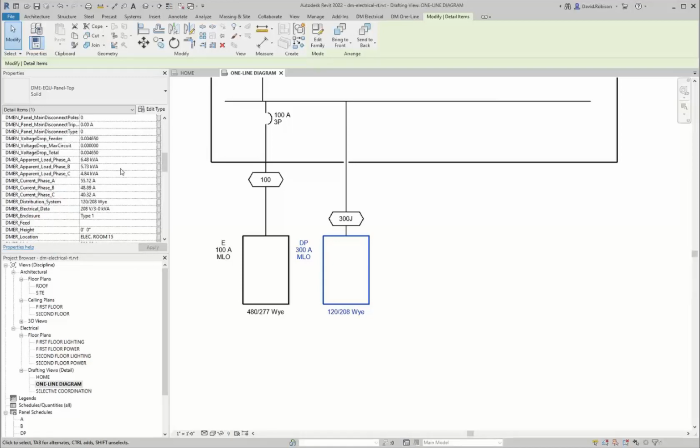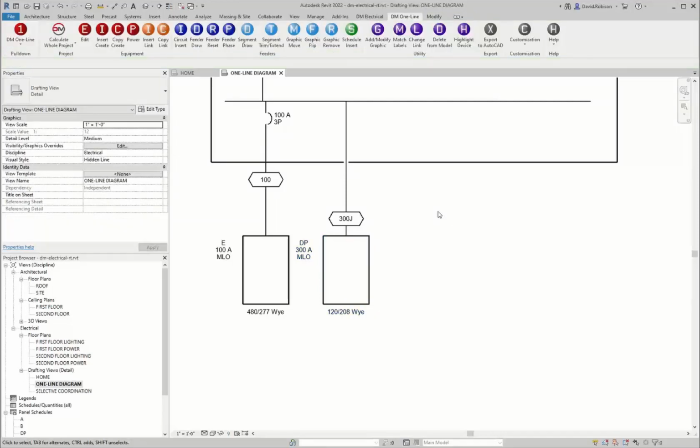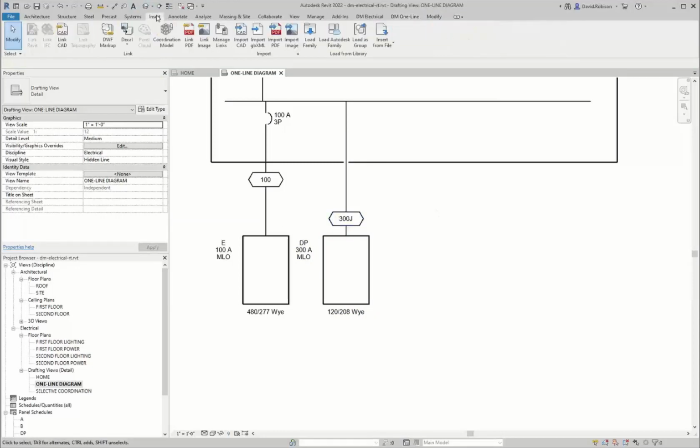This is where we output all of the information that the software is calculating. And so we put it all here so that you can label with it, but we don't, by default, include all of those labels because everyone labels their one lines a little differently, and every one line requires slightly different labeling. With the software, we ship a number of tag symbols. So if you run the insert and load family command,